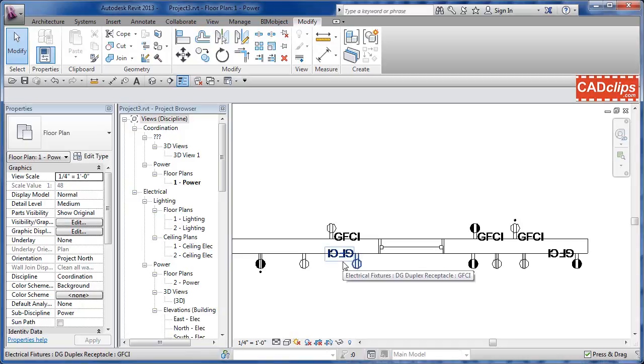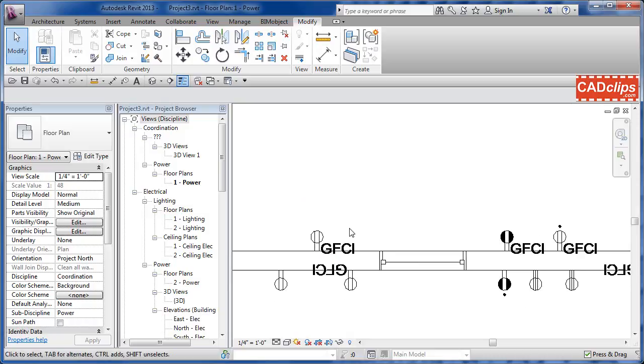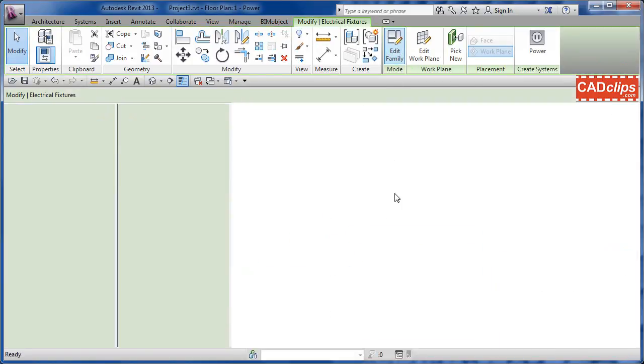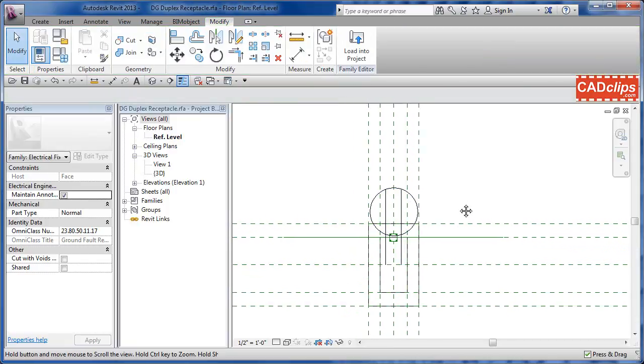All right, the next thing we want to do is fix this confounded GFCI, and we want to locate that basically centered up and over here. So quick and easy, and then we're going to run into a dilemma when we have this situation. We'll see how we solve that. So again, we can pick on any one of these, edit family, go back inside, and inside of here,